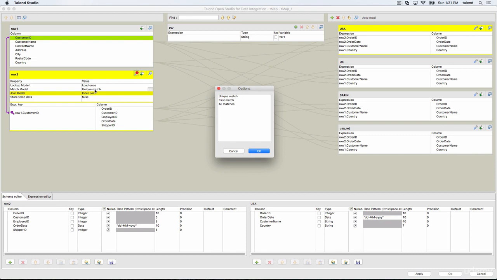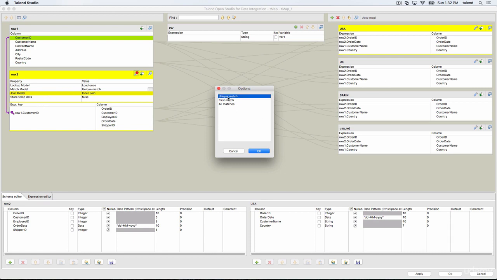Unique match is the default one. When you select unique match and join on these two keys, if you get more than one result, the last result will be taken into account and passed to the output table. For example, if you get three results, the first two will be ignored and only the last value will be sent to the output.